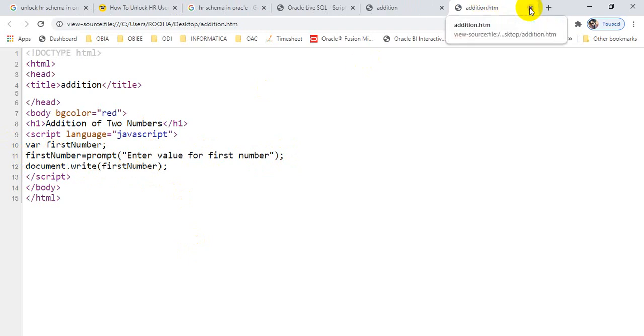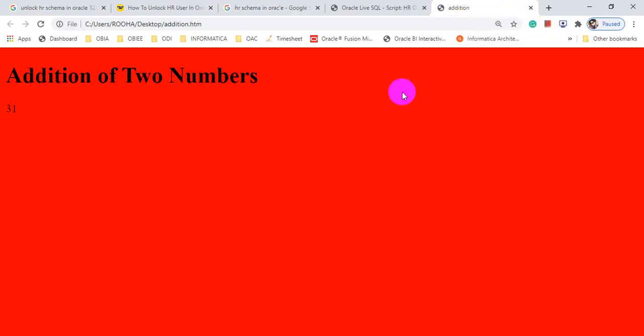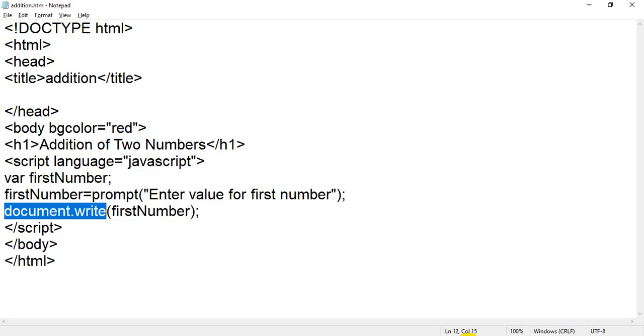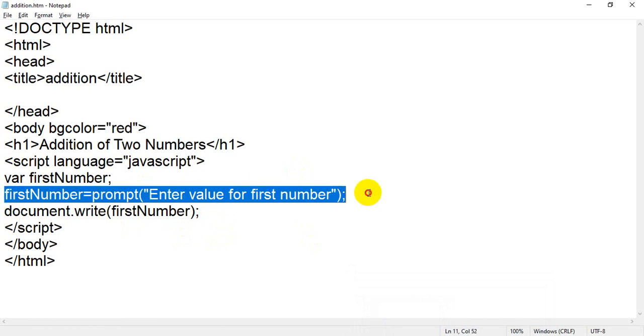Now we have accepted one value by using one prompt box.